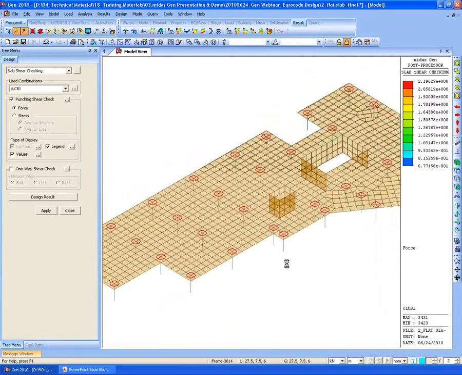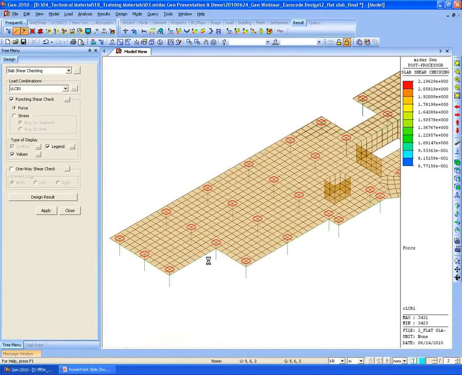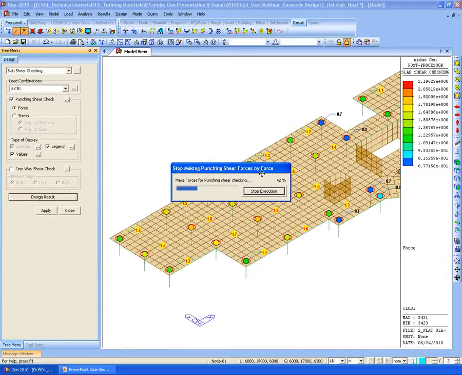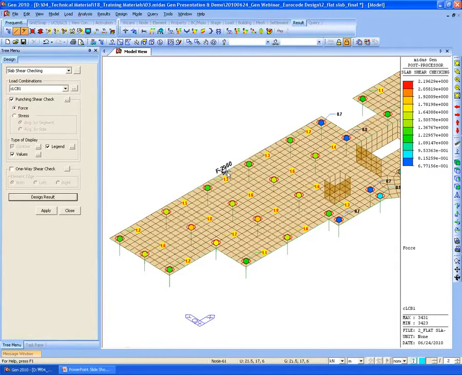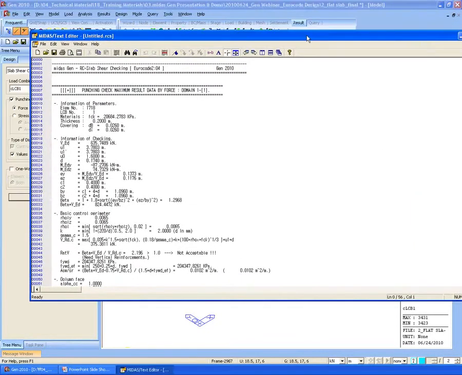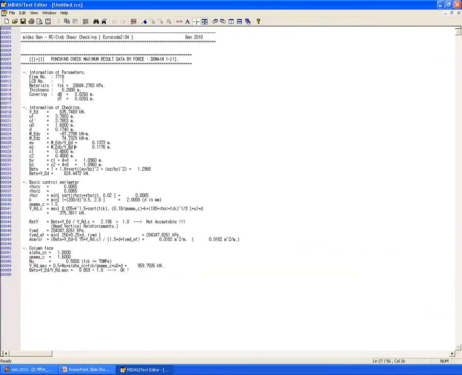So with the critical parameter, we can check the results. Those results can be checked in the text format as well. And the recommended reinforcement area can also be checked.